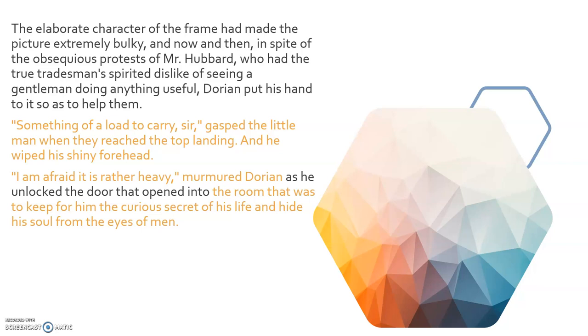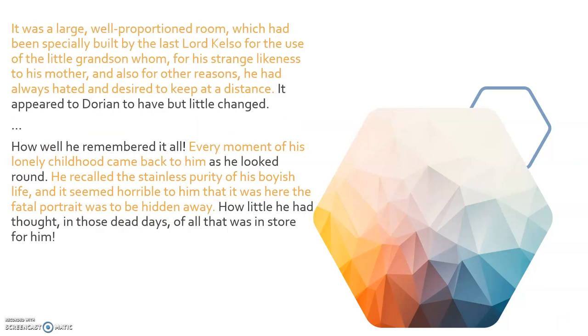And he unlocks the door that opens into the room that was to keep for him the curious secret of his life and hide his soul from the eyes of men. So this room almost becomes like a cave in which Dorian's real self resides, and he's going to keep it away from everyone and the prying eyes of everything. It's a large room that his grandfather had built specifically for him,